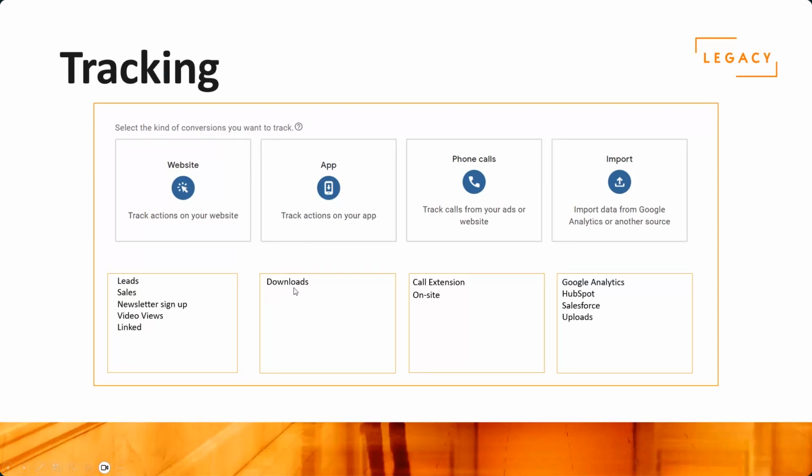If you're looking to track app downloads within Apple, you'll need to use, I suppose, Firebase or something. I'm sorry, I can't remember the name of it, but there is a separate analytics solution